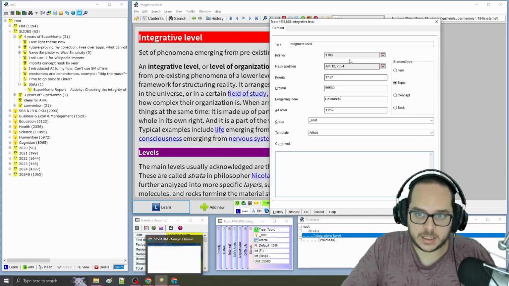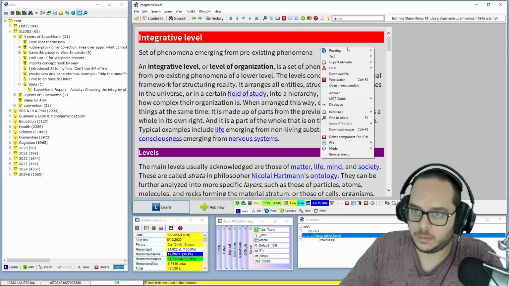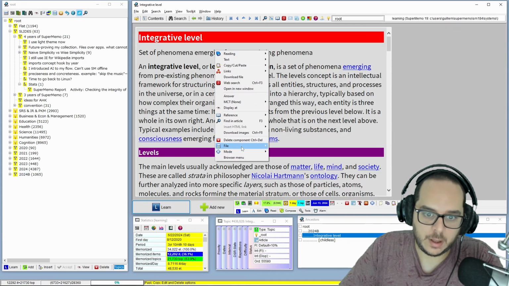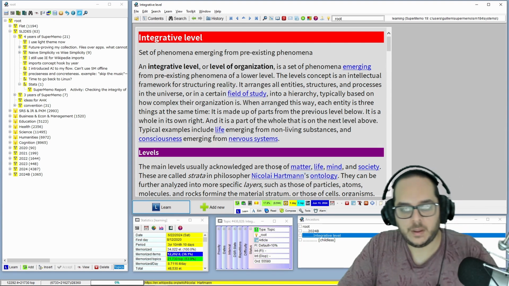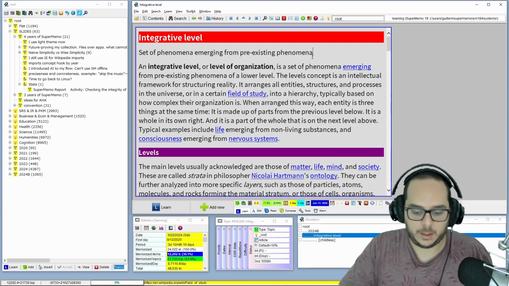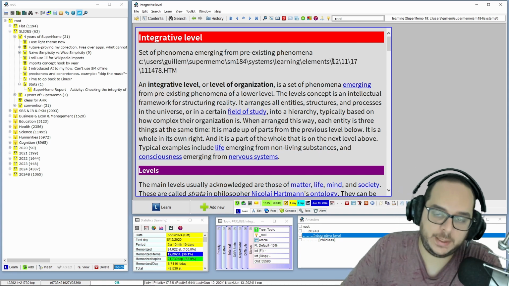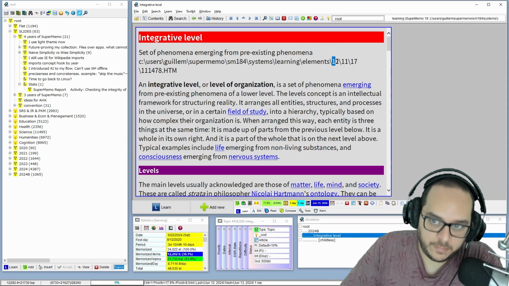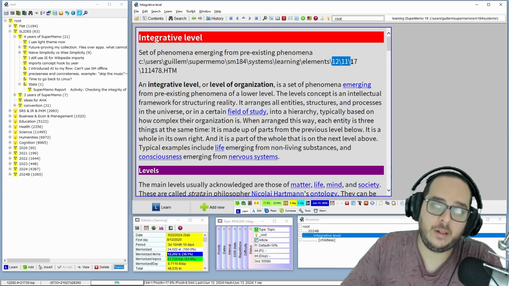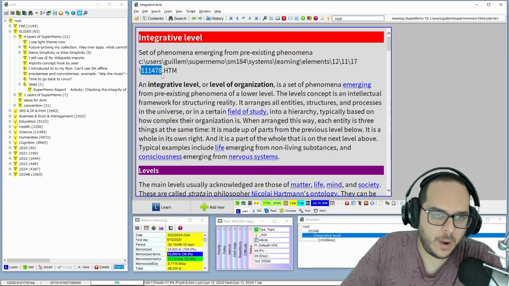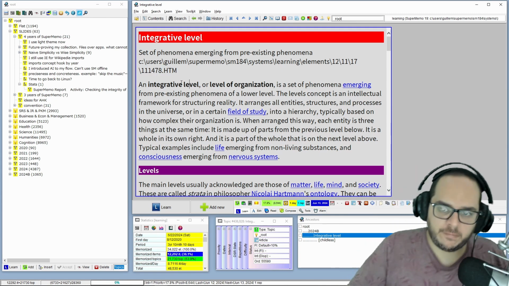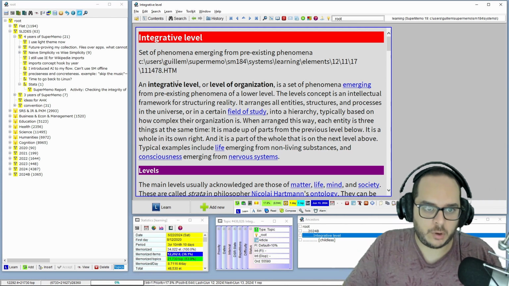So I can take a look. I don't know where it is necessarily. Well, I can know that. Right click the component, file, copy path. And it will be like here. So here is what it is. Folder number 12, subfolder number 11, the third subfolder 17, and then the number. But wait a second. This number is actually different. And it's something very weird in SuperMemo. You remember it was 300 something